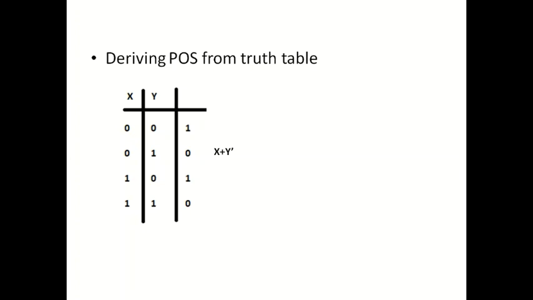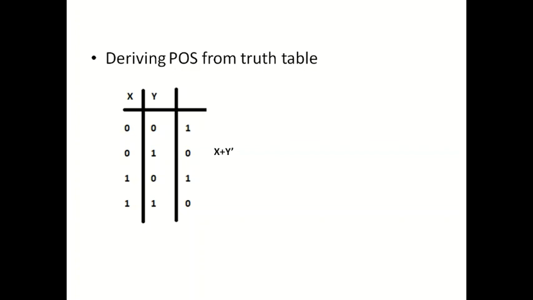So that's why we have to take y as a complement, because if you put the values of x and y in this x plus y complement, then you can see that we are going to have 0 plus 1 complement, which equals 0 plus 0, which finally equals 0. So it means in the case of POS, if the literal has a value 1, then we have to take that variable in complement form.